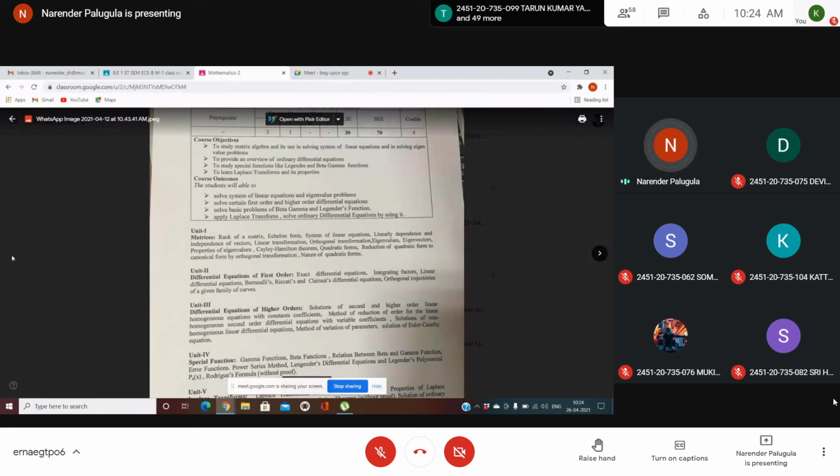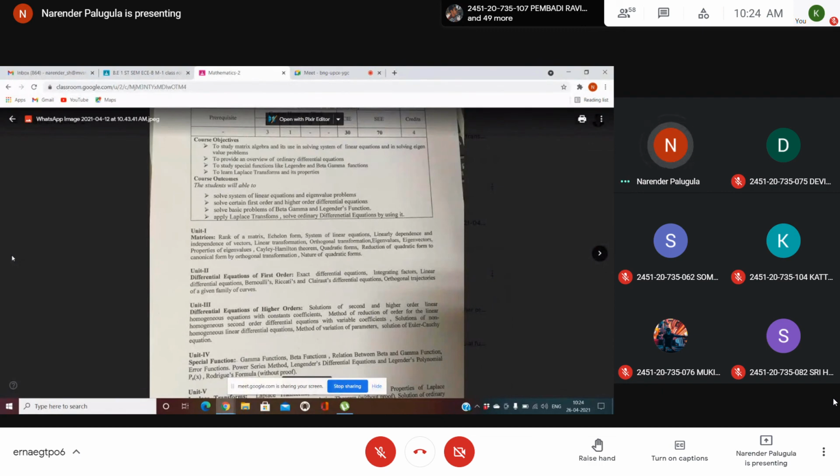After getting the algebraic equation, we can solve it using algebraic methods. Again, we convert the solution back from the transformed form into the continuous form. This is called the Laplace transformation topics. There are some topics in the Laplace. Laplace is a very important tool. Using this tool, we can solve differential equations and we can evaluate improper integrals. This is also one of the tools to solve improper integrals.